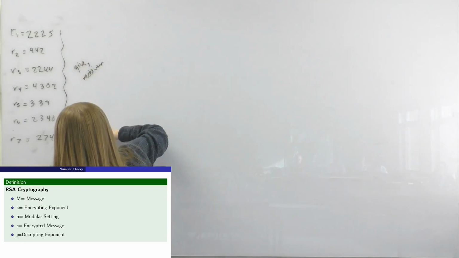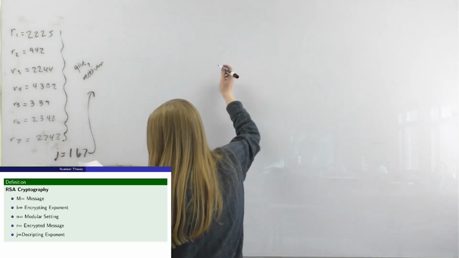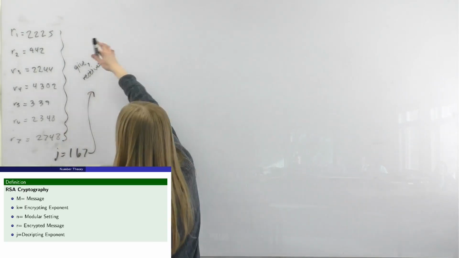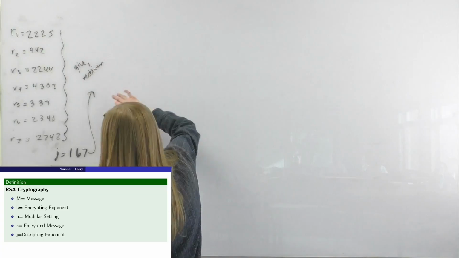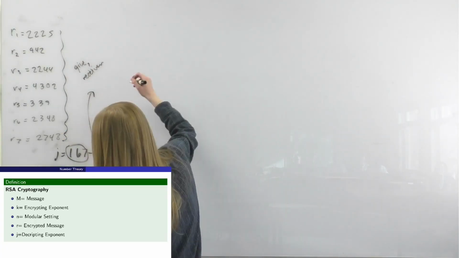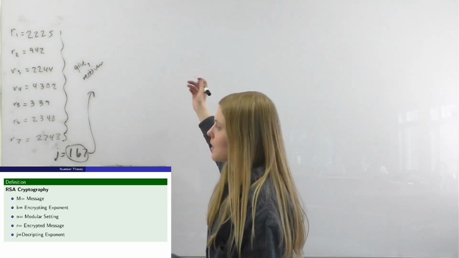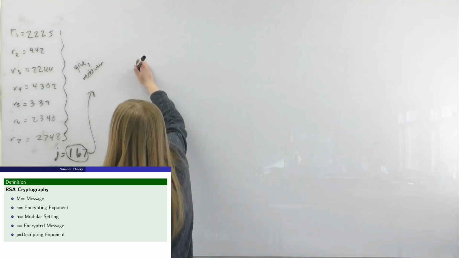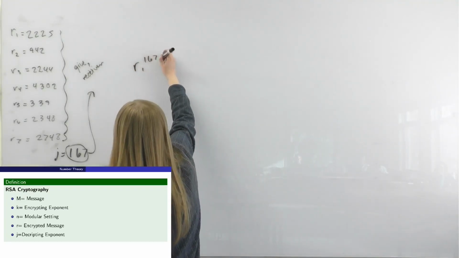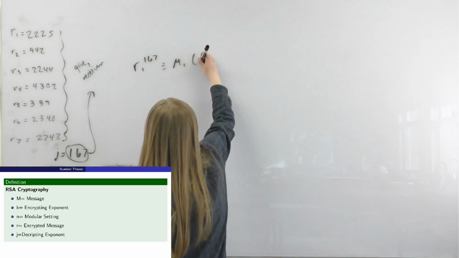Maybe? They already have this. So if they want to decode your message, they're going to take each one of these, raise it to the 167 power, and they're going to get M1 out. So for instance, if they take R1 to the 167 power, they're going to get M1 mod